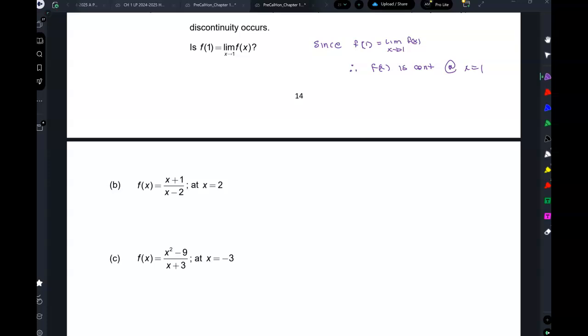Next one we're going to do is this: x plus 1 over x minus 2 at x equals 2. Okay, the minute you see this,